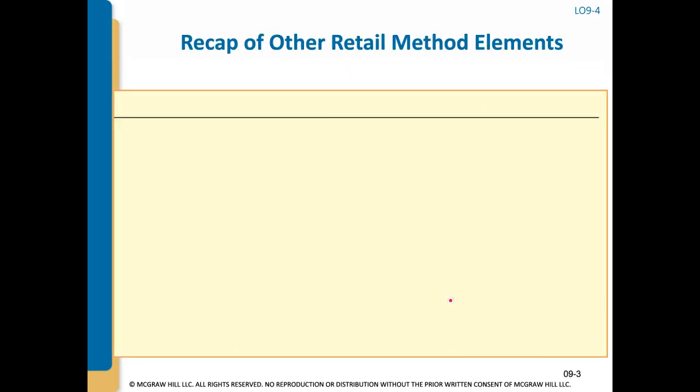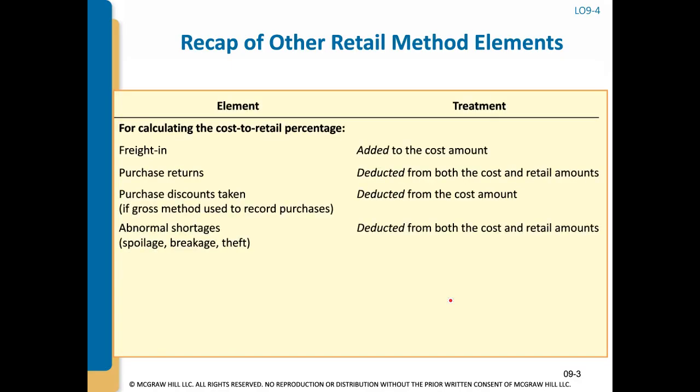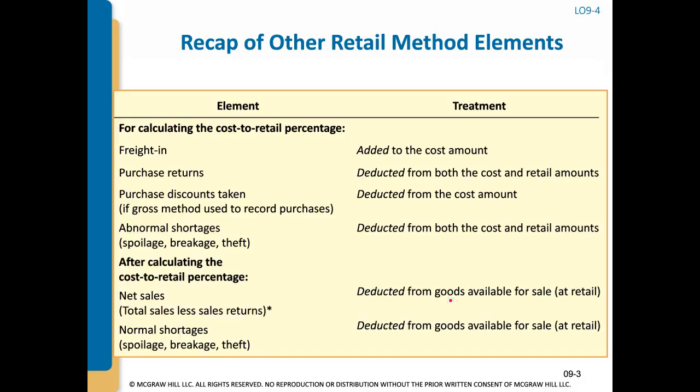We're going to get into a detailed example to calculate the conventional retail method. But before we do, I want to go over some elements that are for calculating the cost to retail percentages. And if you recall, we start with our beginning inventory plus purchases, but the purchases are actually net purchases. And we've learned this from previous